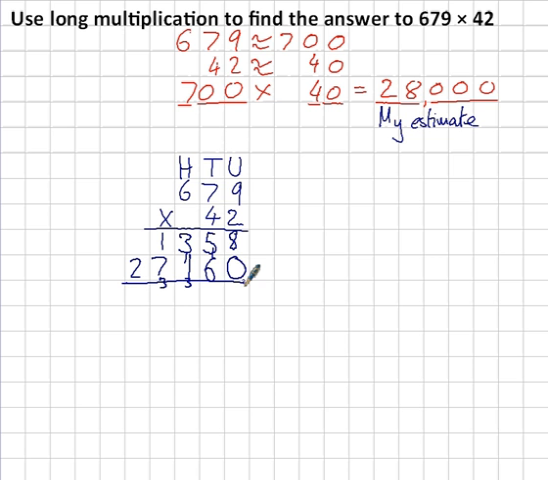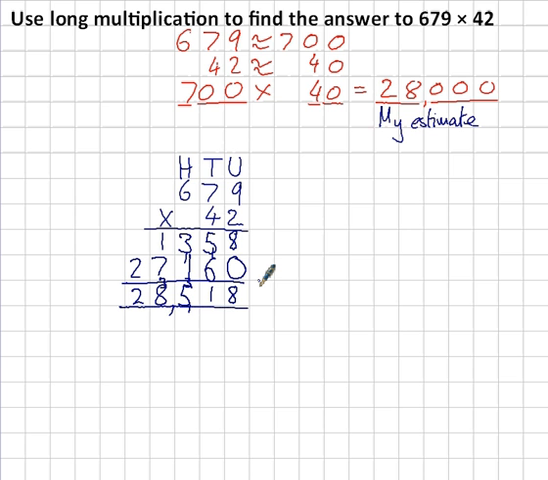Okay, add those up. 8 plus 0 is 8. 5 plus 6 is 11. 3 plus 1 is 5. 1 plus 7 is 8. 2 plus nothing is 2. So I have the answer, 28,518. And if I compare that to my estimate, it looks very close. It's not too far out. So I believe that the answer is